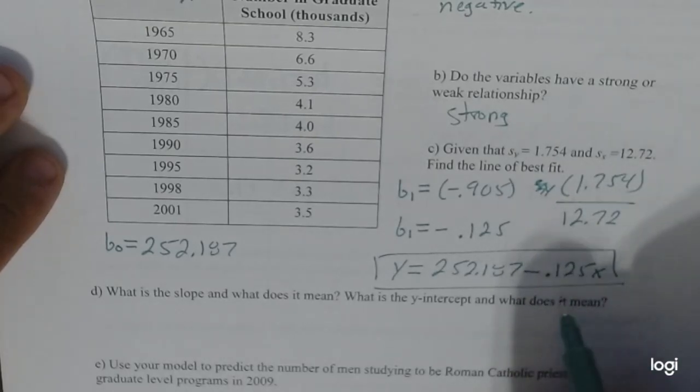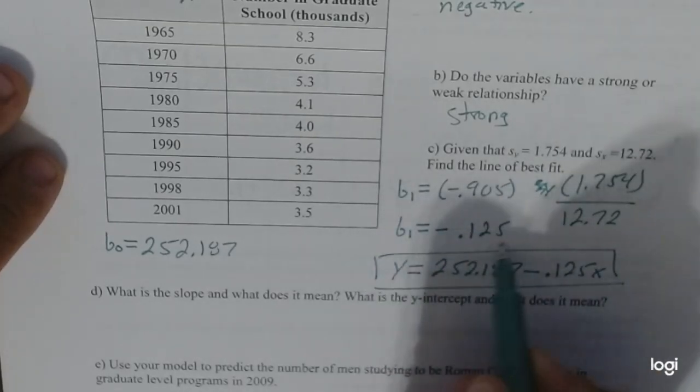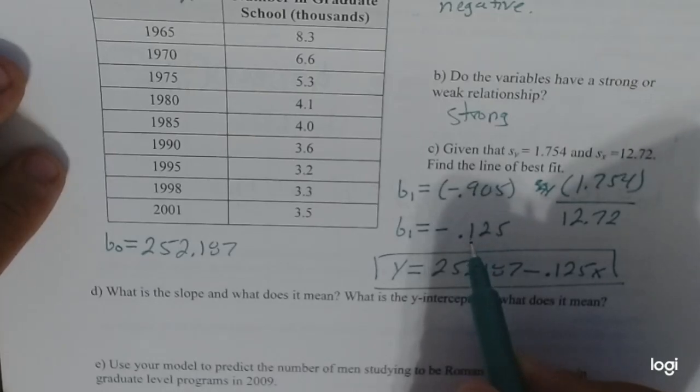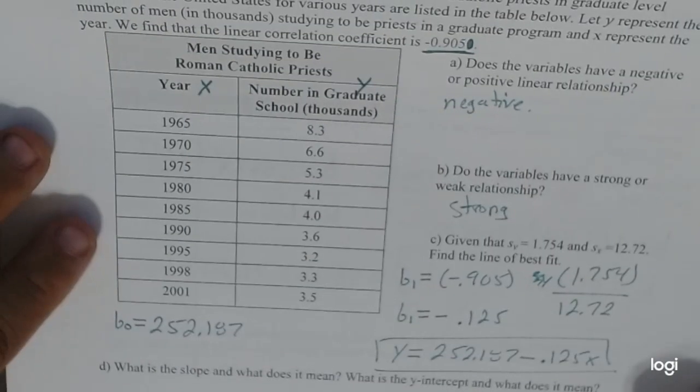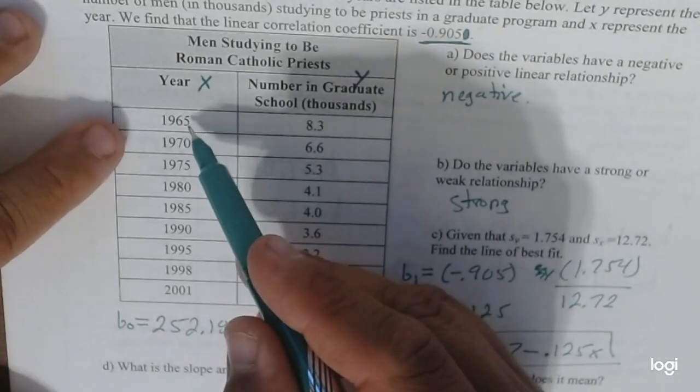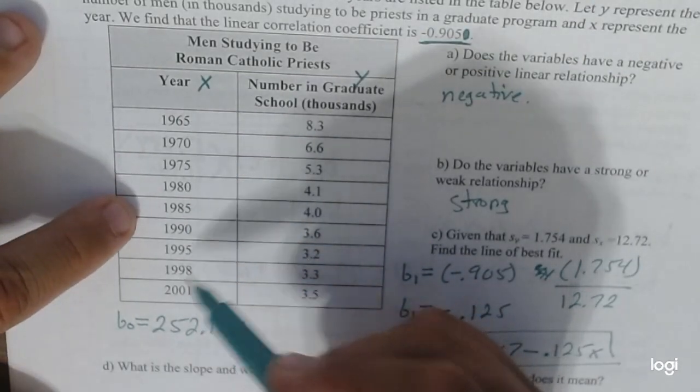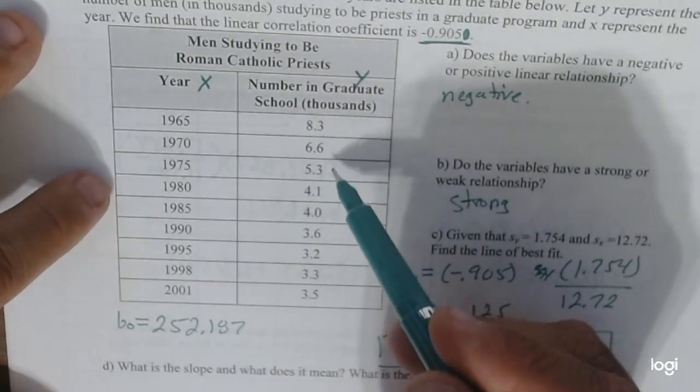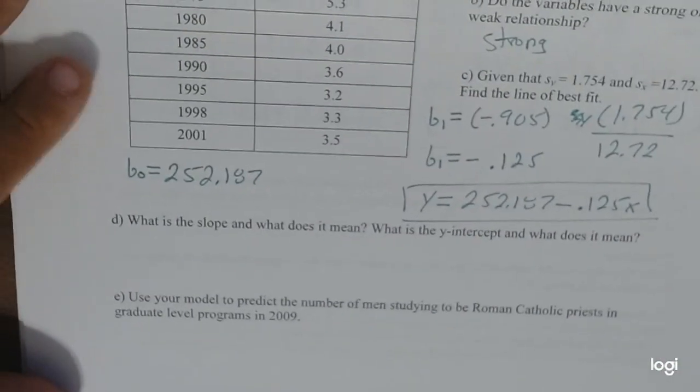So first off, here is our slope. And we know it's negative, so therefore it's a negative relationship. But what has a negative relationship? So we go over here. It looks like as the years increase, what happens to the number of graduates? They decrease. So what our slope is saying is